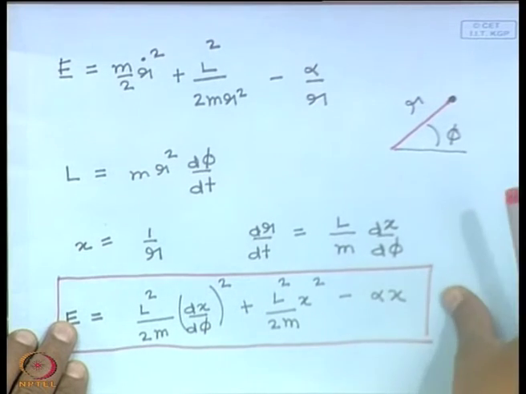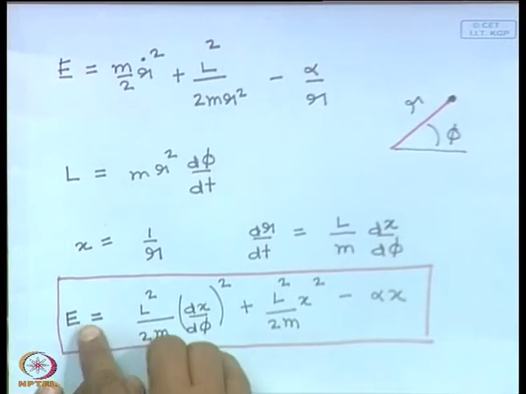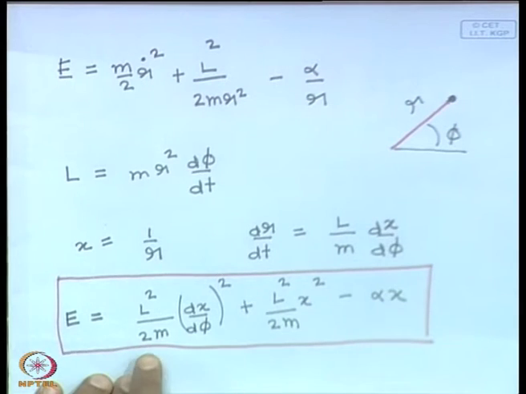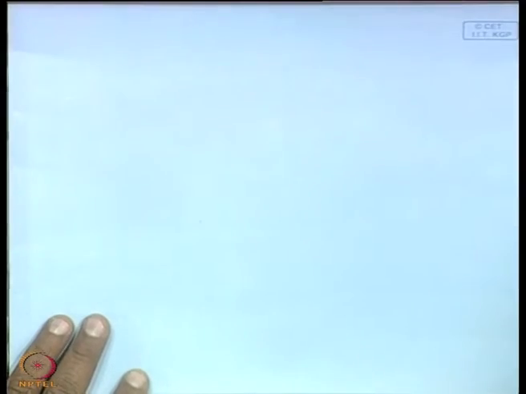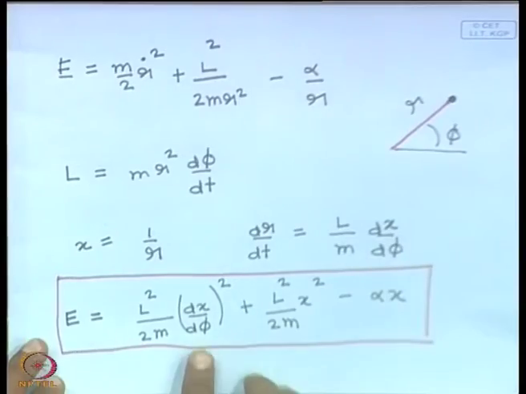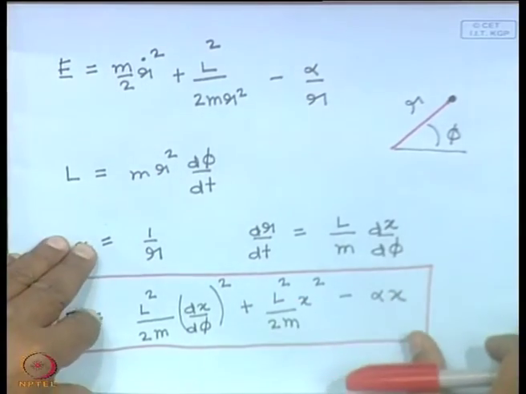Okay, let me just write down this equation in a convenient way. What we will do is multiply this whole equation with 2m by L squared. If I multiply it with 2m by L squared, I can take these two terms on the left hand side, and what I will get is